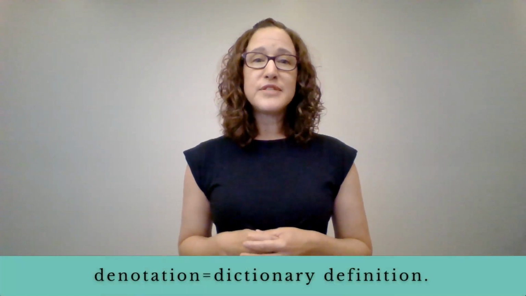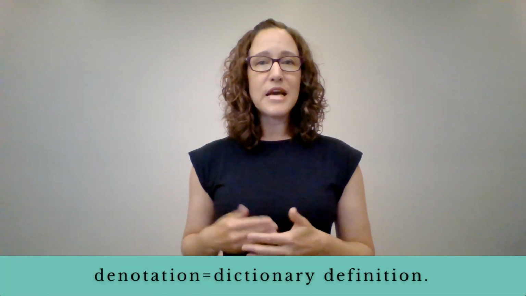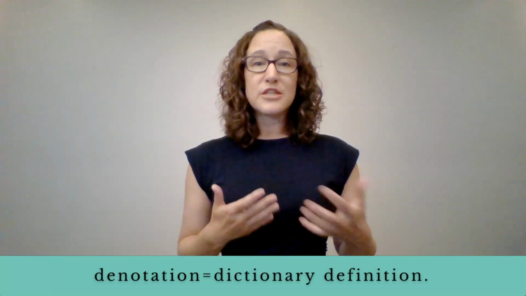Difficulty in understanding the difference between connotative and denotative language is pretty common for students. The definition of denotation in literature is the objective meaning of a word, the dictionary definition. An author uses a word with its explicit meaning intended to be understood by their audience. In other words, whatever the definition of the word would be when you look it up in the dictionary, that's the denotative meaning of that word. You might also help your students think about it as denotation equals dictionary equals definition. All of them start with D.